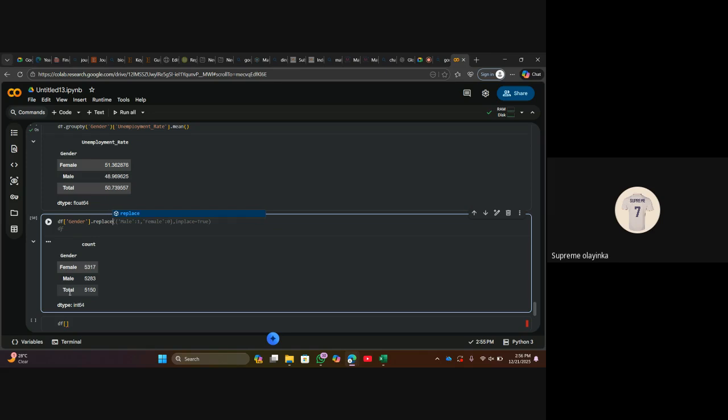Replace. Can you see once I start writing my replace,